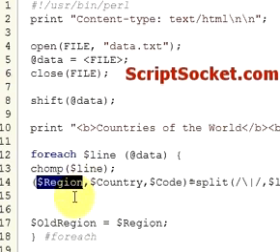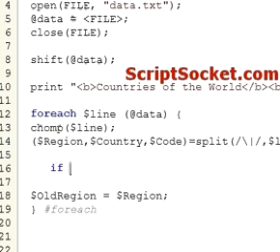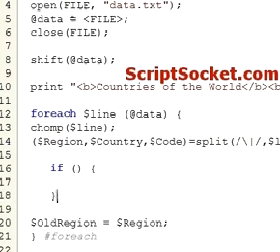So that'll come into play now when we type in our if-else statement. Now, if the region is not equal to the old region,